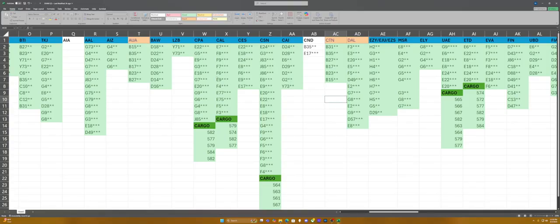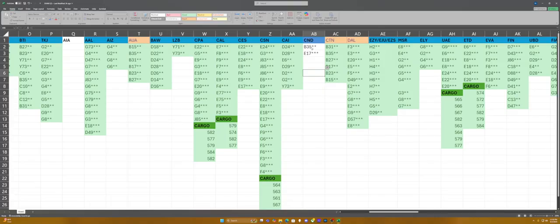Then once I go through and gather all of the gate information for each airline, I will fill it in with a blue color. That just lets me know that I've finished gathering the data for that airline. So for example, for Corendon here, if I fill that in as blue,